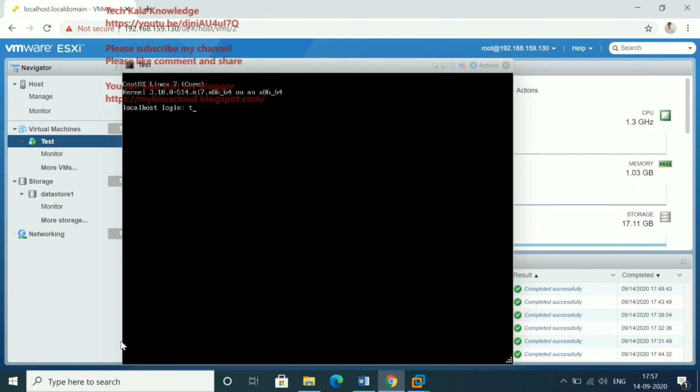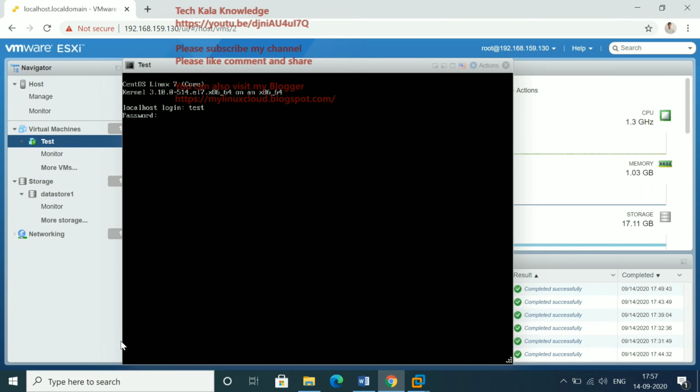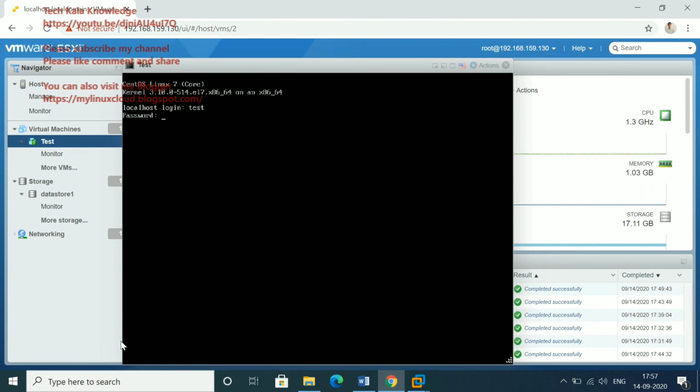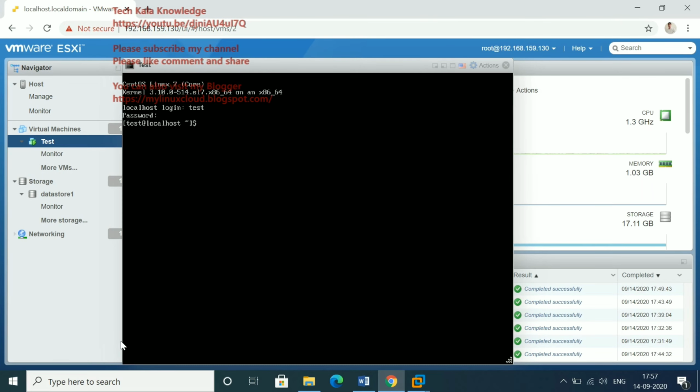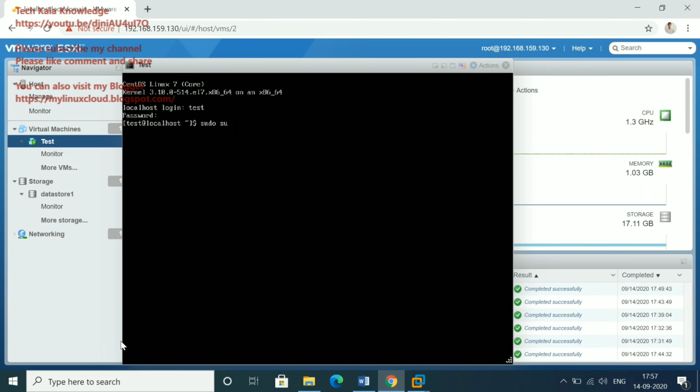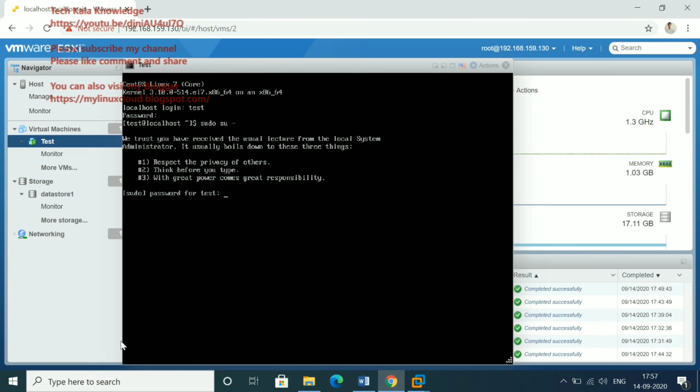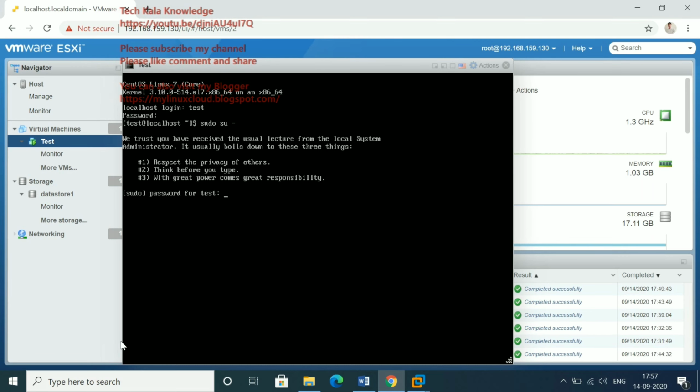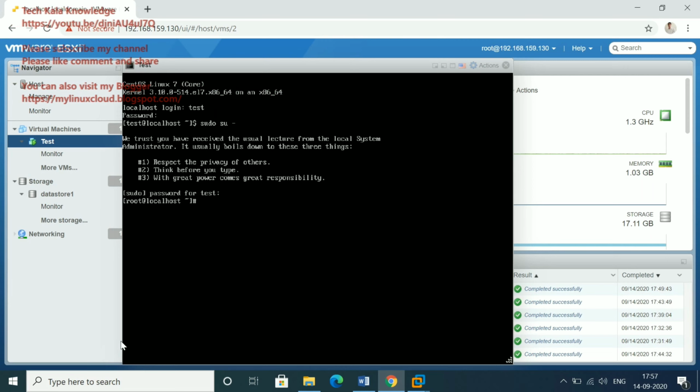Let me use the test user here. Yes, I am able to log in with the test user now. Let me switch to root, because we assigned admin to the test user. Let me check whether that is working or not. Yes, that is also working.